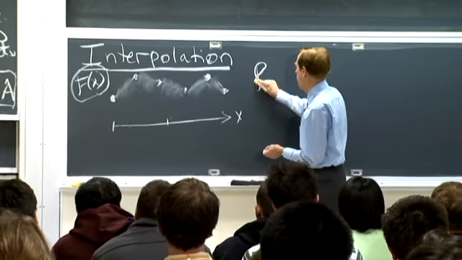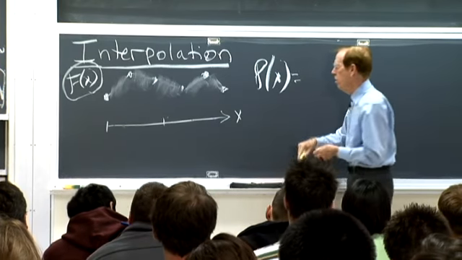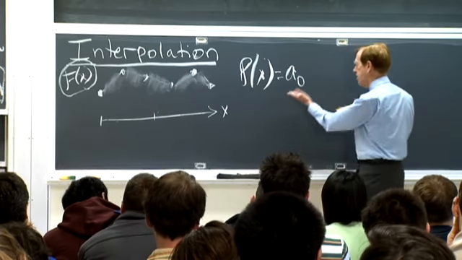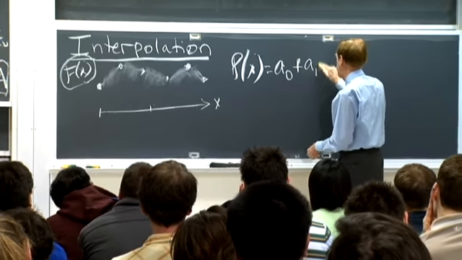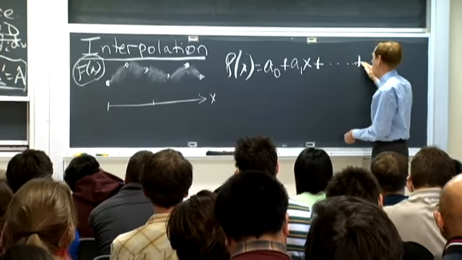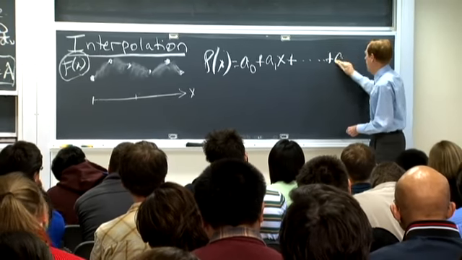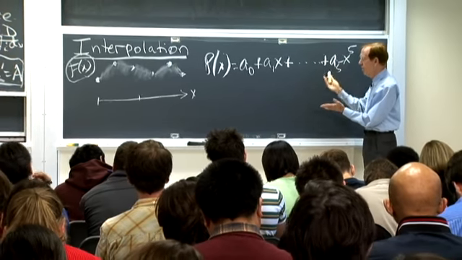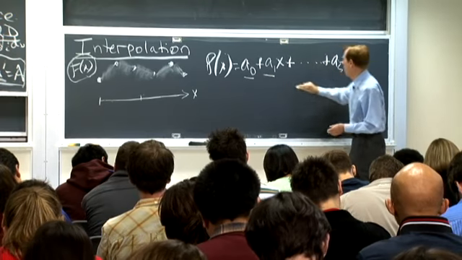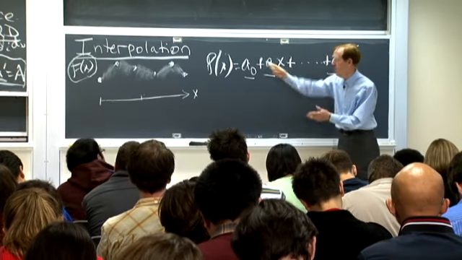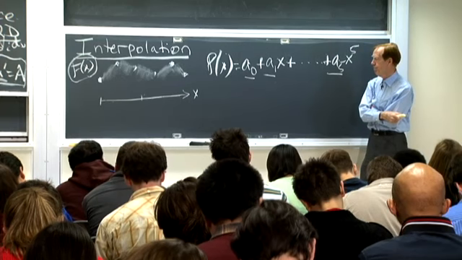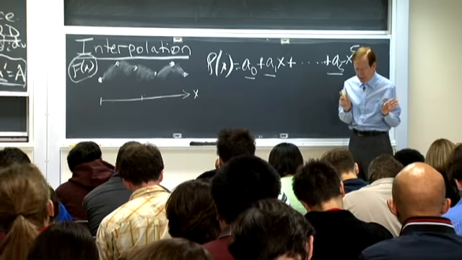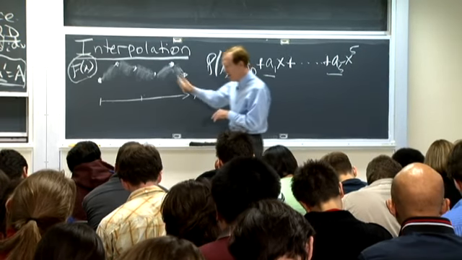So my polynomial p of x, which actually goes through those points, would be of the form: some constant term, and some linear term, and how far am I going to go? 5th, right. That'll give me 6 coefficients. So I could put in a 5th degree polynomial, that gives me a0, a1 up to a5, 6 coefficients through 6 points. Well, 6 isn't too bad. But if 6 became 60,